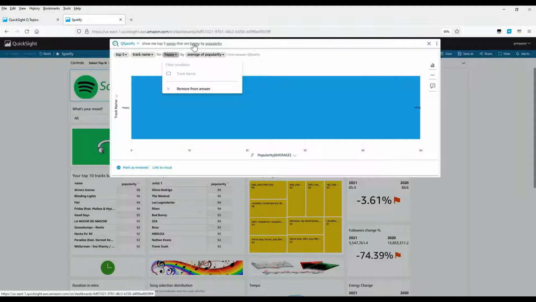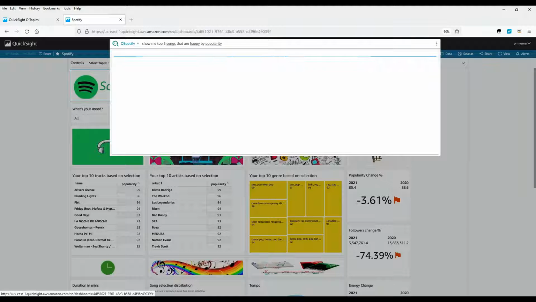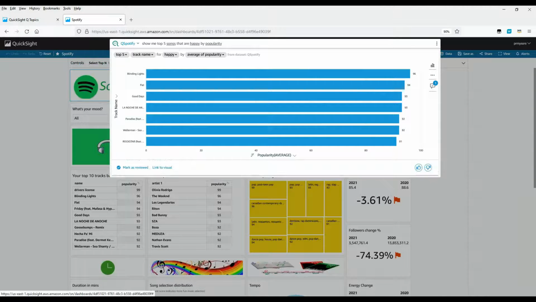So I can click on happy in the Q bar, and as you see here, there's so many values in my data with happy. What I actually want is by mood. So I want the happy by valence description. So now you see here, Q returned the top 5, and you might see more than 5 because there's a tie in some of the scores. So you will get 5 unique values here. So I see that Blinding Lights is really the top